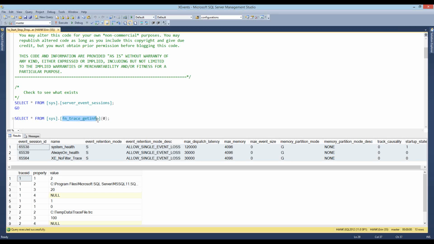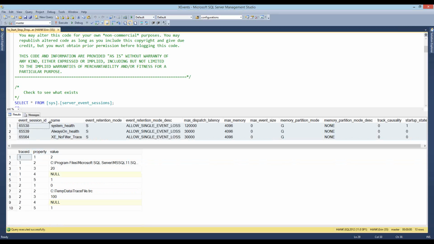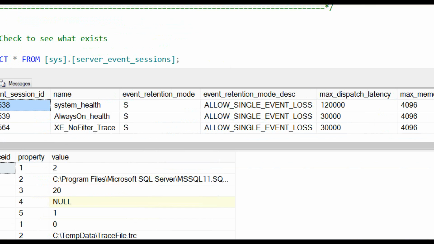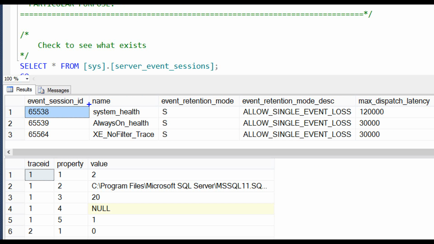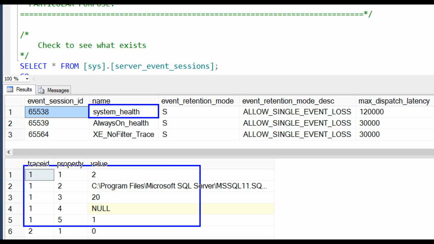And I'm also running fn_trace_getinfo to see what traces are currently running. So for our sessions, you can see that we have 3. We've got system health, always on, and XE no filter trace, which is the one we created. Now the system health session is kind of analogous to the default trace, which is the one down here with a trace ID of 1.